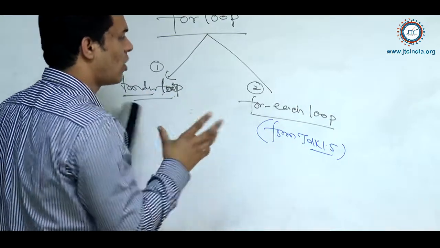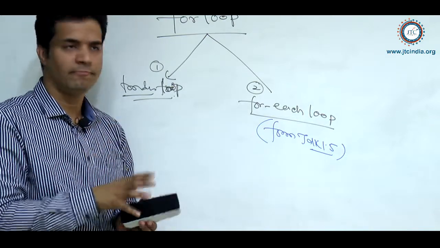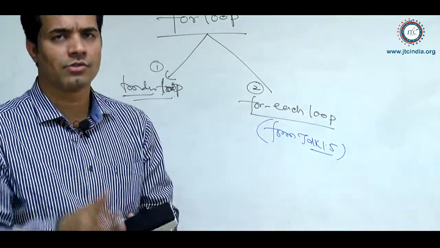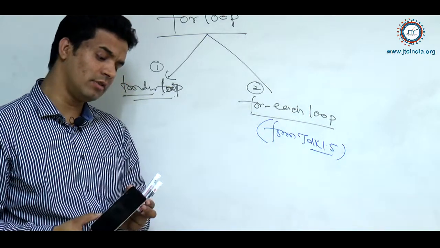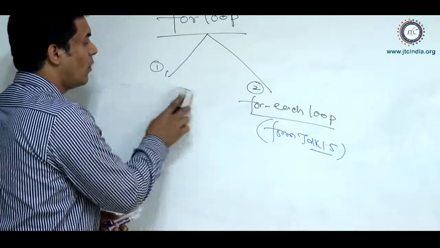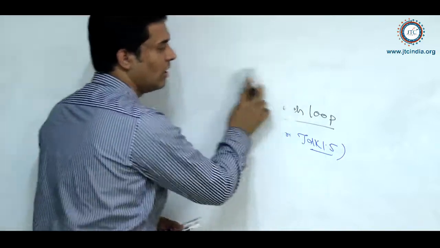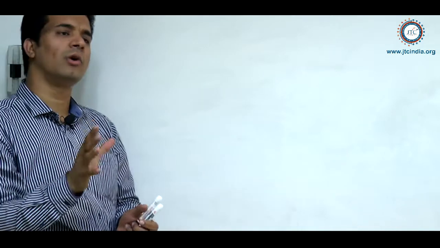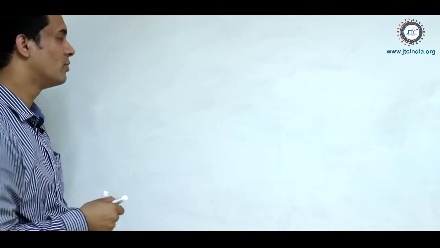Whenever we talk about for loops, they are there to access the elements from an array, or one more use is that we can access the elements from collections. Collections is a very large API, so when we give tutorials on collections, we'll discuss all that. First, we're talking about the enhanced for loop, how it works and what its processing is. I'll give one introduction and the processing of a for loop.